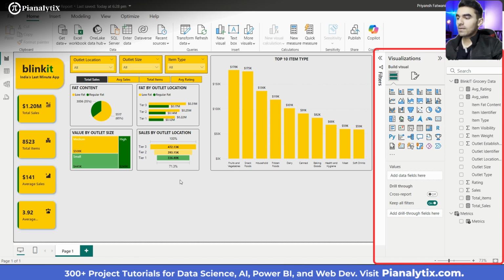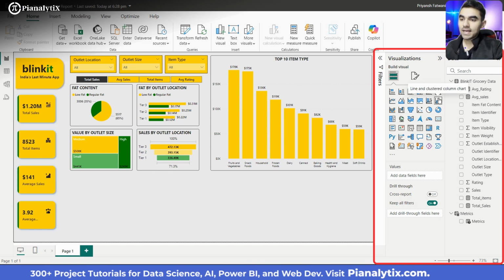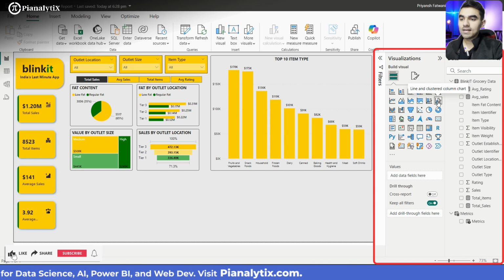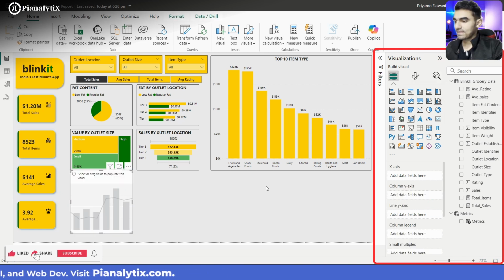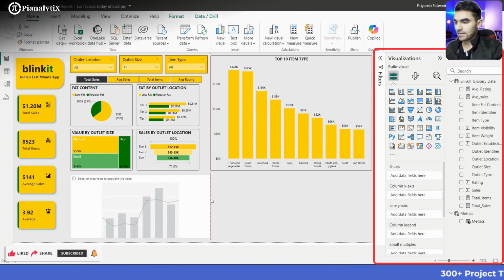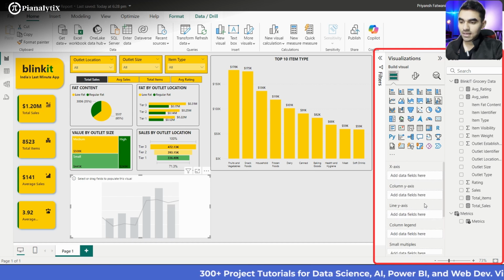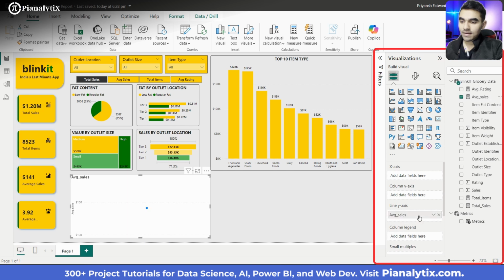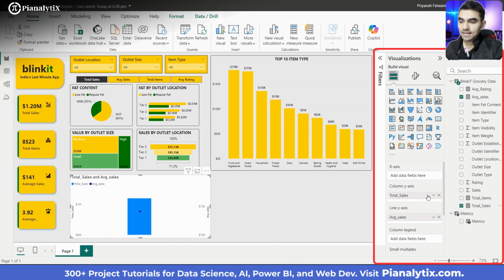Okay, so now we are going to create our next chart, which is going to be a column line chart. So for that, we are going to select the line and clustered column chart. So you'll select this, and what we are going to do is we will select the line. For the line axis, I will give the average sales, and for the y-axis, I will give the total sales. For the x-axis, I want now the establishment year. So the establishment year is